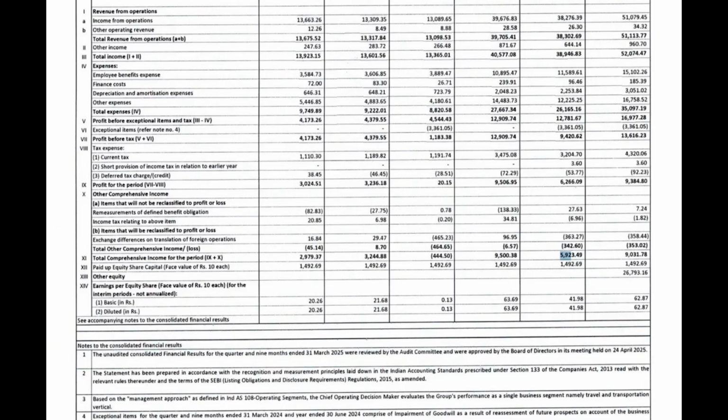But once again, if you look at the overall earnings at near about 64 rupees, I'm not too concerned about decimal places. You have to take round figure. So it's near about 64, and it was about the same mark last year as well for the entire financial year, but that includes this exceptional item. So it was around 82, 83, 84 rupees, and it will be around the same figure for this financial year as well.